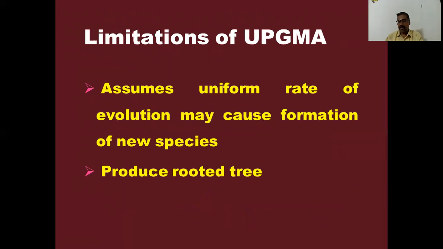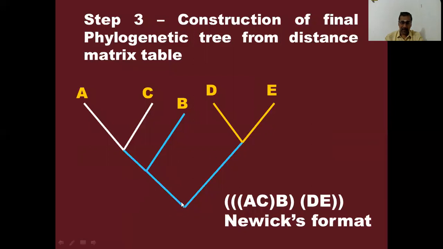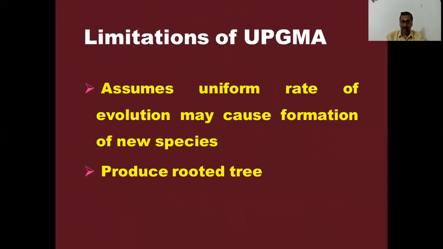So what is the limitation? As I told, it produces a rooted tree. We are saying some single organism is acting as the ancestor for all species, which is not accepted by most of the scientific communities. So that is one limitation. And UPGMA predicts a uniform rate of substitution patterns, again, which is not acceptable. So these two are the limitations of UPGMA, which were totally cracked by the next two methods, that is Fitch-Margoliash